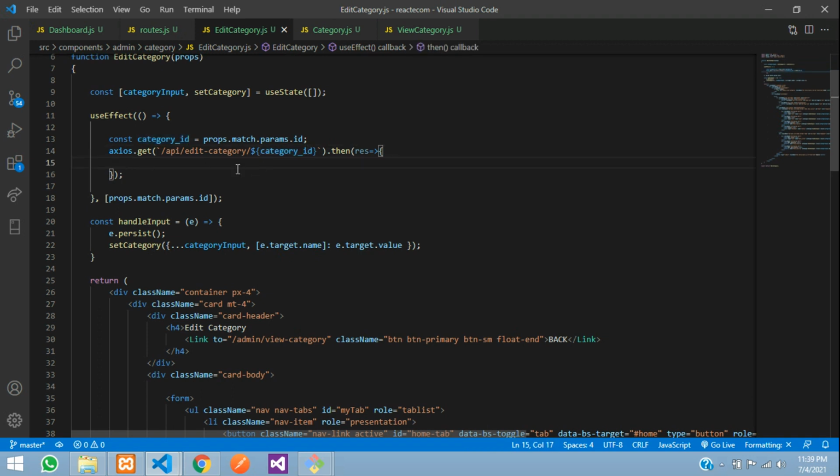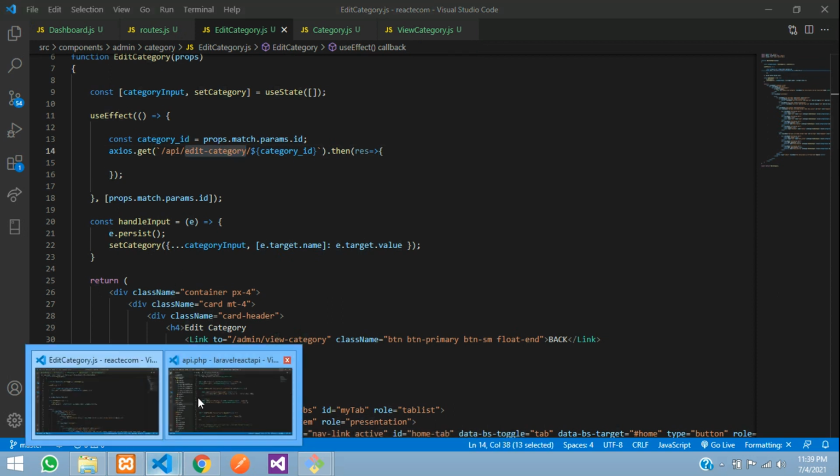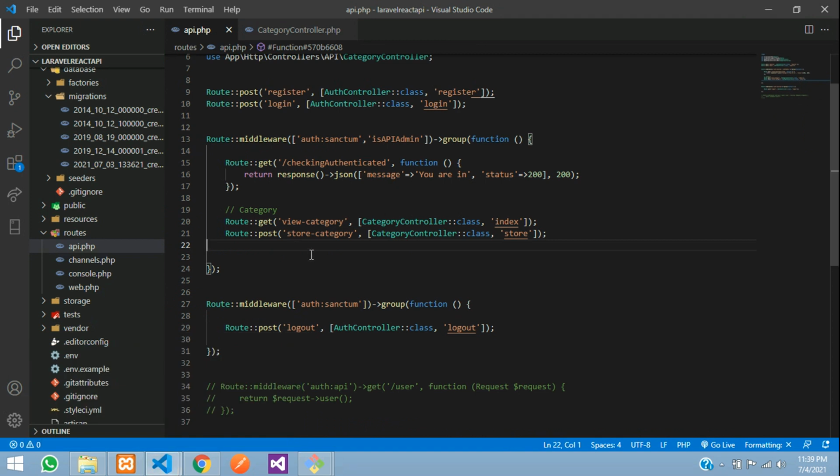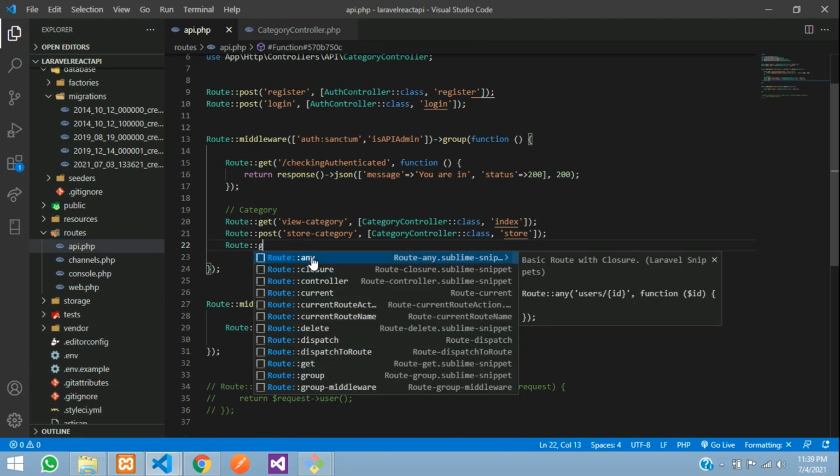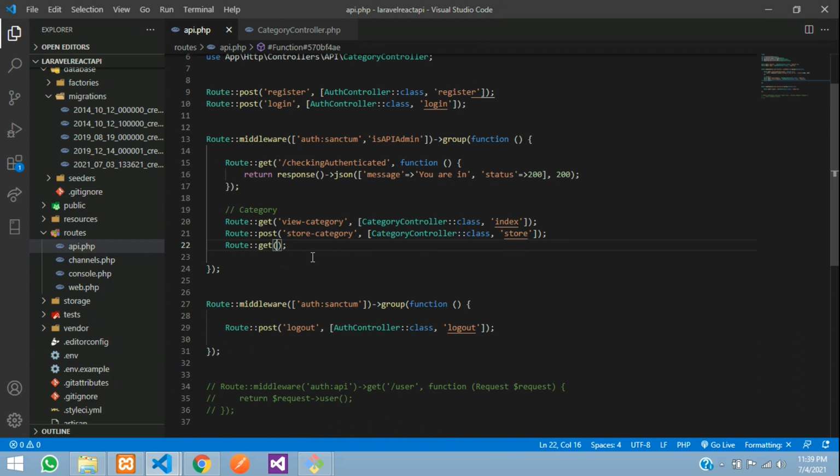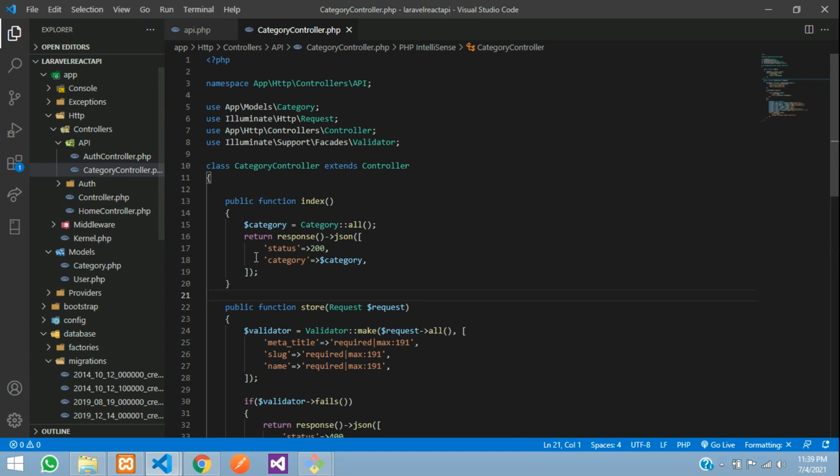Perfect. So now guys, let's copy this edit category with the ID. Let's go to a Laravel application and create a route. So a get method, category/ with the ID, and go to the controller. So let me just copy the controller at edit function, copy, go to your category controller and create a function,